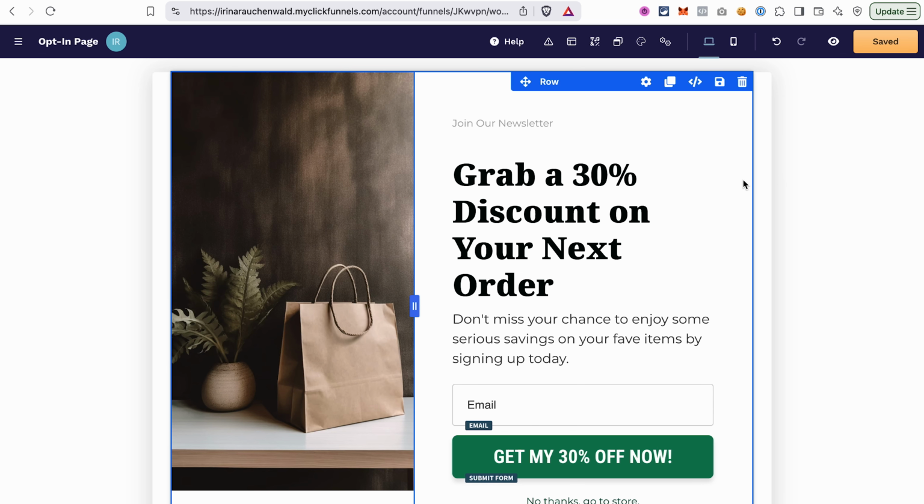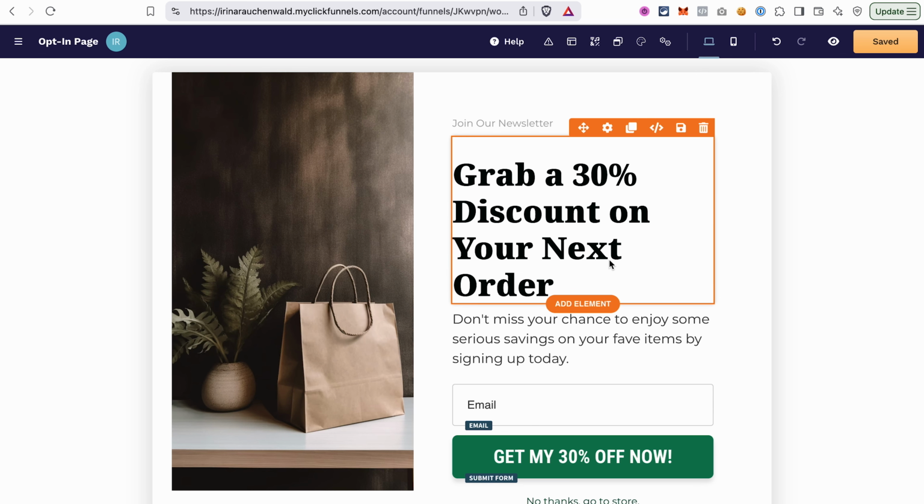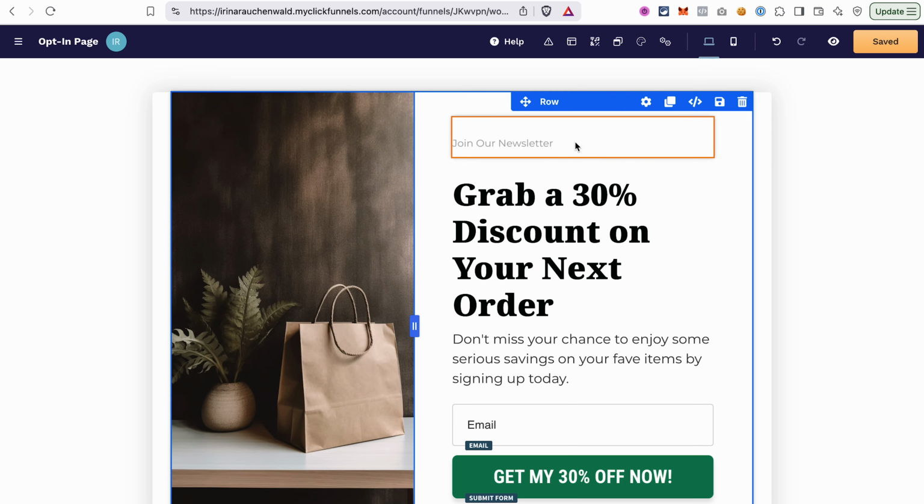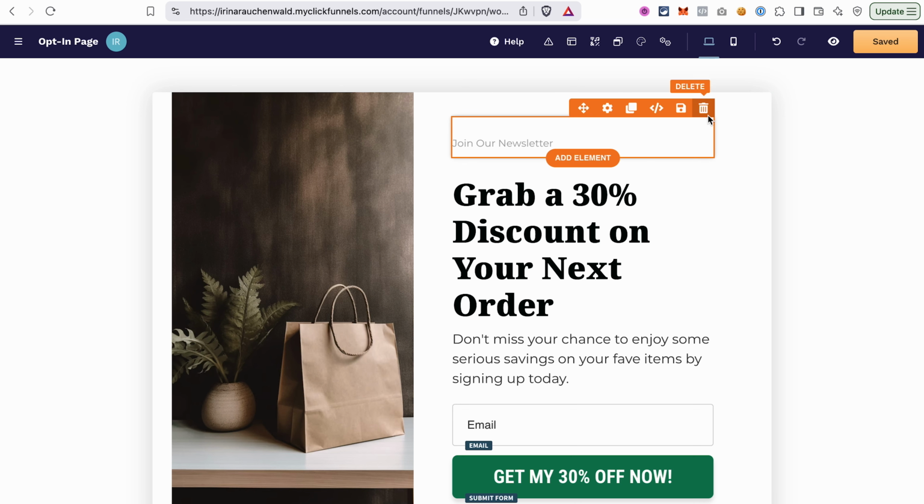Then we have a row with the blue border. The row can have multiple columns or just one column. In this case, it's a row with 2 columns. And then we have different elements with orange borders. You can easily delete sections, rows, and elements that you don't need by hovering over it and then clicking the